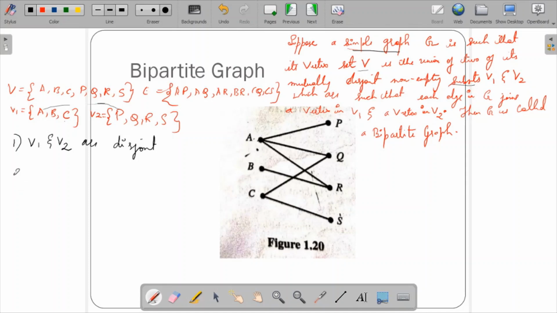And the second condition is that every edge in G, G being the graph, joins a vertex in V1 and a vertex in V2. So that is regarding every edge. That means you can see over here, it joins a vertex from V1 to V2, A to B, B to C, C to C, okay? And the third condition is that G contains no edge